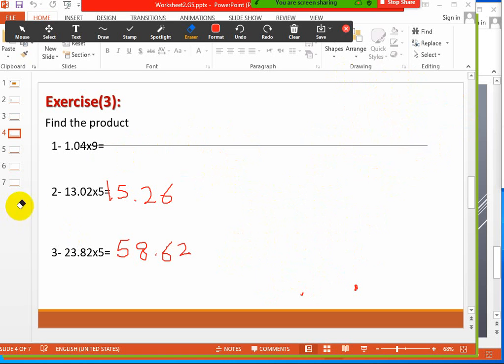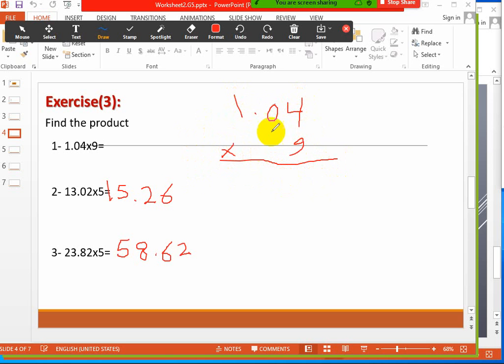Okay, I will leave number 2 and 3 for you, the last one, and I will multiply number 1. Yes, this is a worksheet. 1.4 hundredths. I want to multiply it by 9. How will I find the answer? Also, there is no